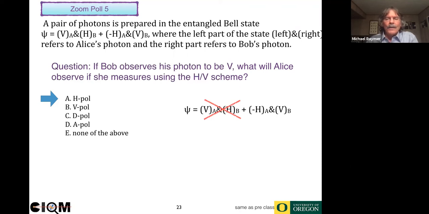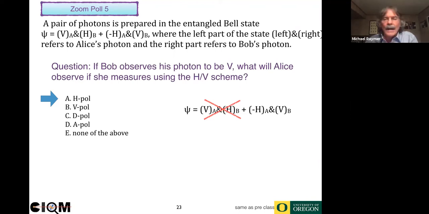Notice that I said it forces the conclusion. It doesn't change Alice's photon. This is a very subtle point. It's not that Alice's photon previously was V and it suddenly switched to H or something. These possibilities describe holistic properties of the pair. And so it's not that Alice's photon suddenly changed its state. Well, how should I say?